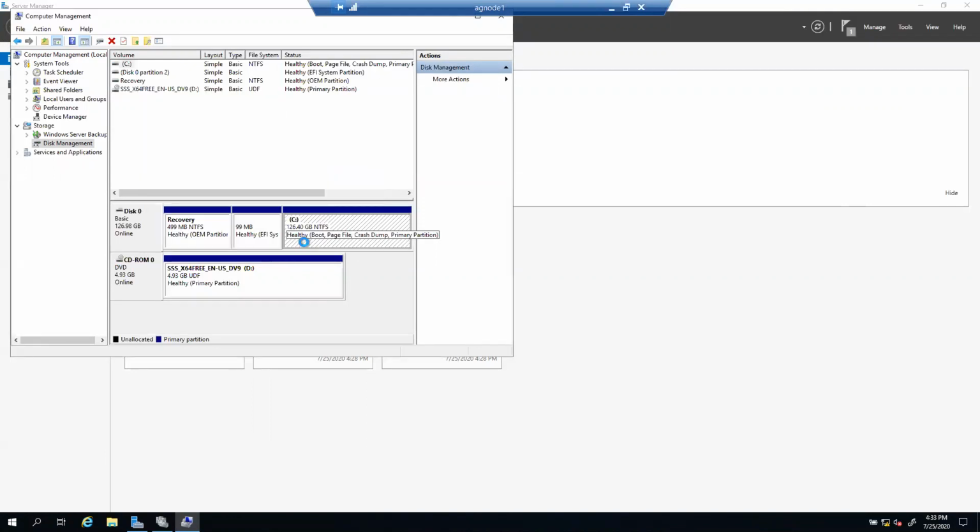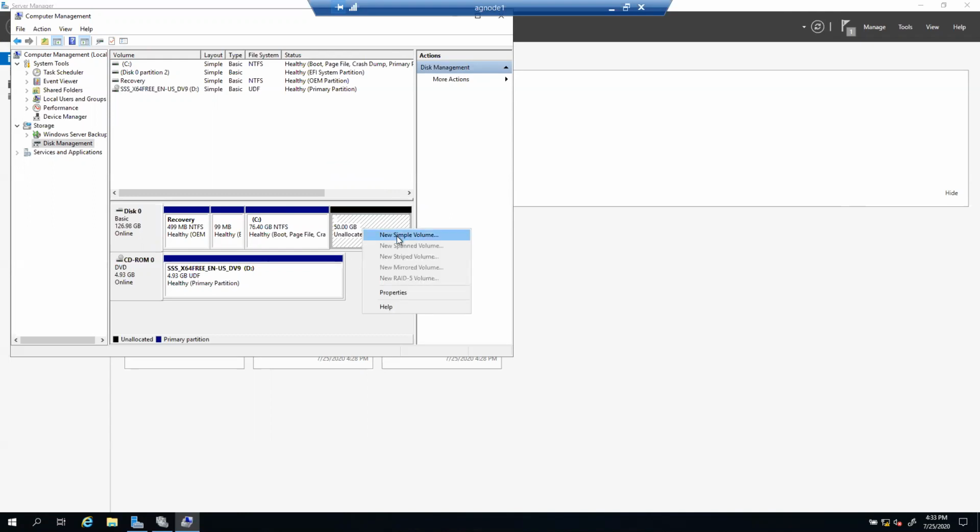Click on shrink. As you can see, 50 gigabytes is unallocated. So the first thing we want to do is come here, right click on it and